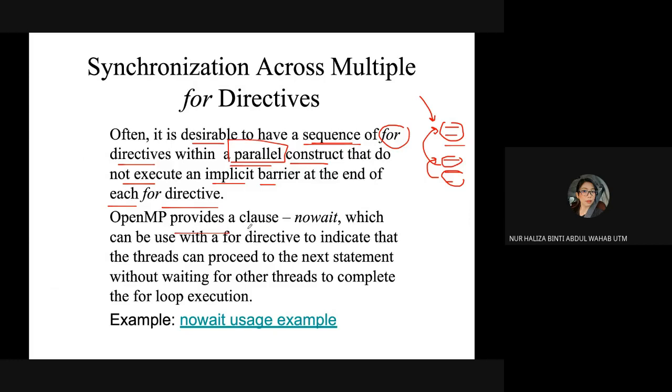OpenMP provides a clause which is nowait. After this you're also going to learn more, which is wait, no wait. In terms of, let's say, if you have these four tasks and you apply a wait, you need to wait for task A to finish, although you are using it as parallel. But if there is no wait, it means you're going to do it in parallel without waiting for others